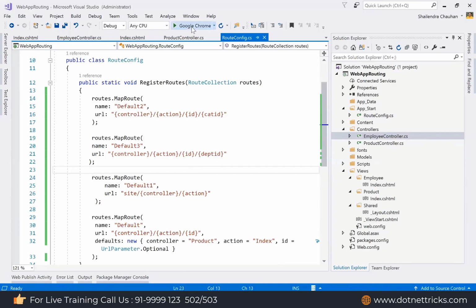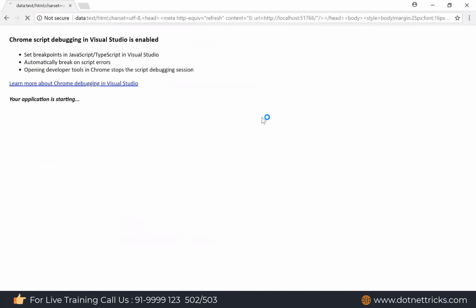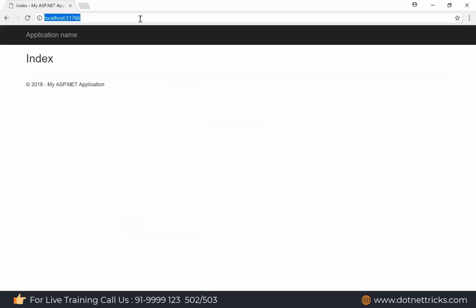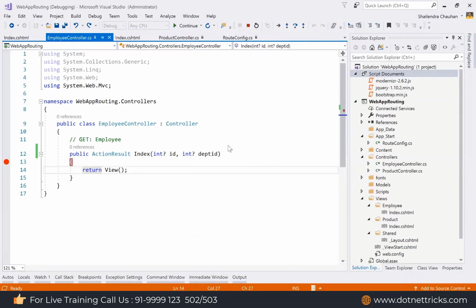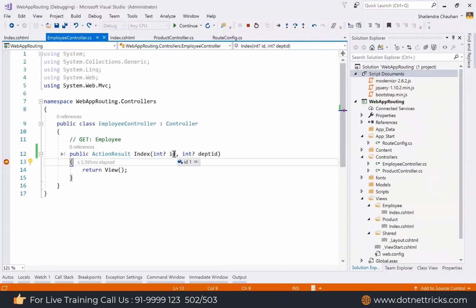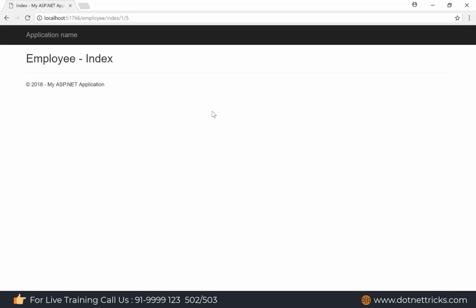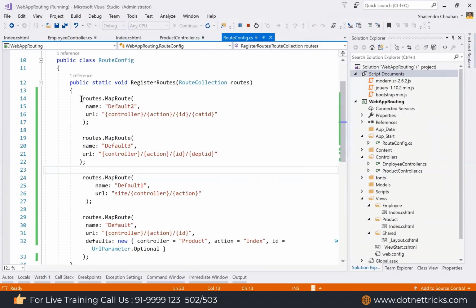So here, let me show you, then I will tell you how it is not working. So two routes in your route config file cannot have the same URL pattern. Make sure somehow they are different. So here I'm just passing employee, then index, and then 1, then by mistake I pressed enter, then pass /5. So I'm passing the department ID as 5, but if you will see, I'm getting null. The reason is our URL is being served as per this route config default 2 route. It is not serving as per the default 3 route.